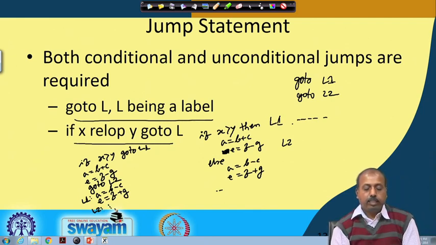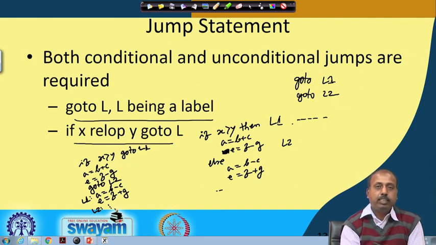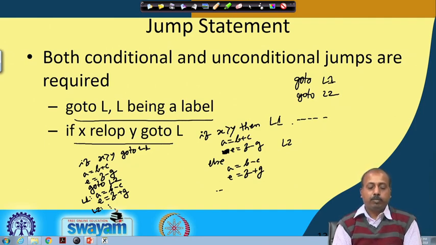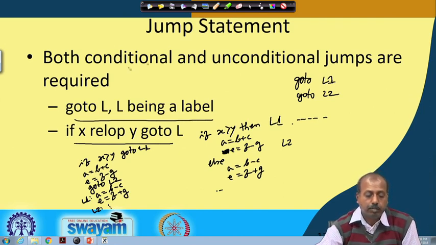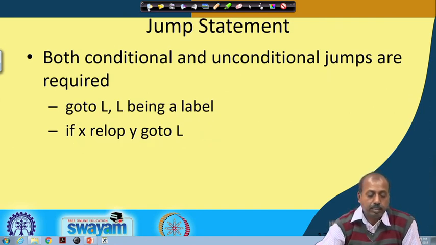So, you see that in this language I do not need the then and else part of the if statement. If then else type of constructs can be converted into this if condition go to some label type of statements. That is done very often. We will see that these jump statements can be useful for doing this.